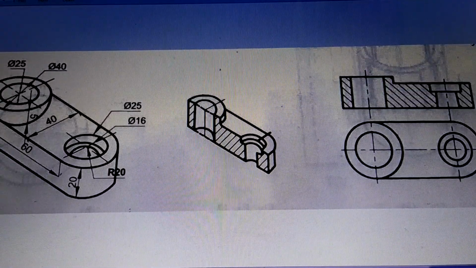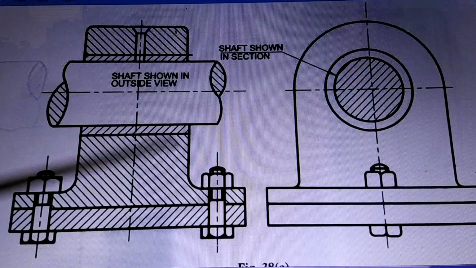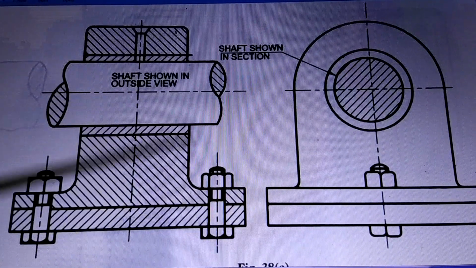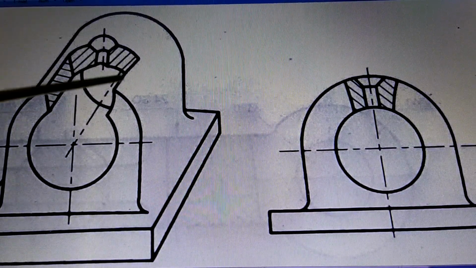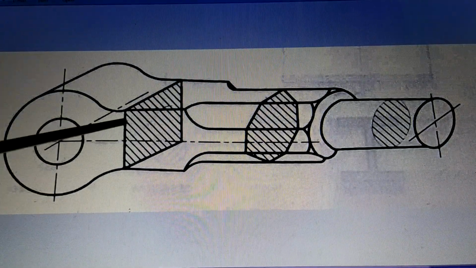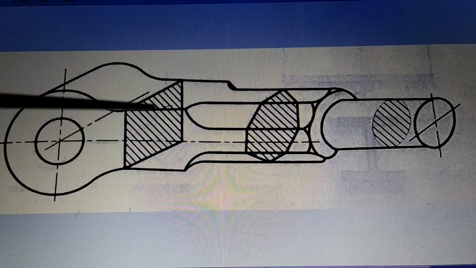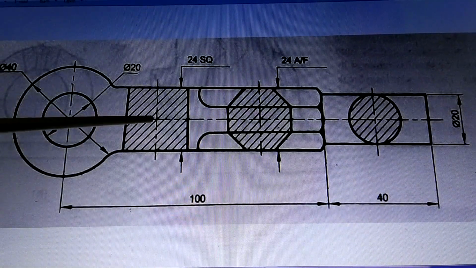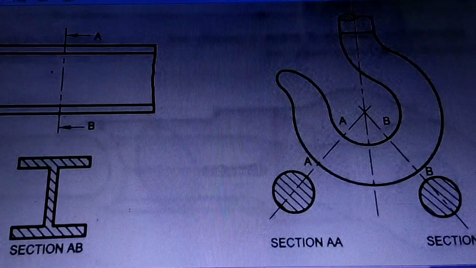Then before that we saw this figure. Then we saw that bolts, shafts, standard parts are not to be shown in section. Here is an example of a partial section to show only part of the drawing in section. Here is an example showing the revolved section. So you cut the object and the section is revolved in the same place and shown in the object itself instead of drawing it as a side view.